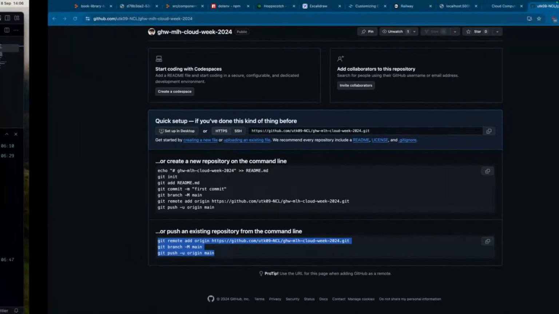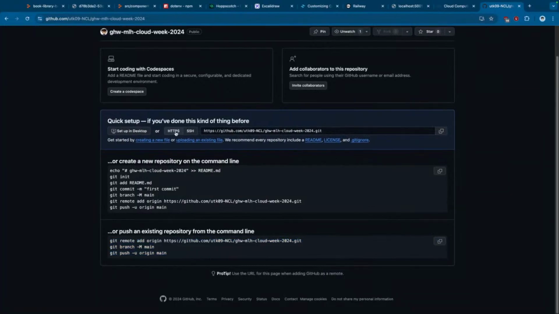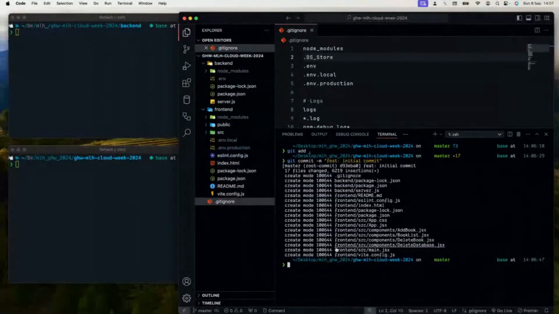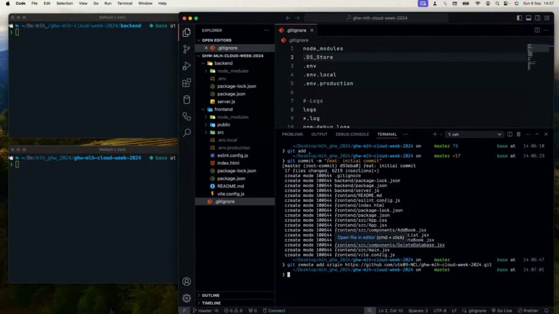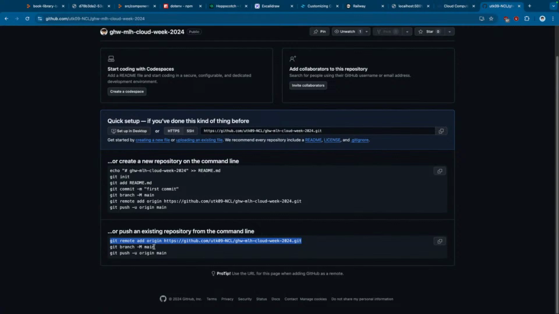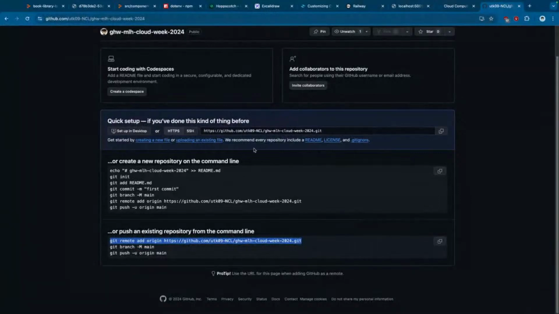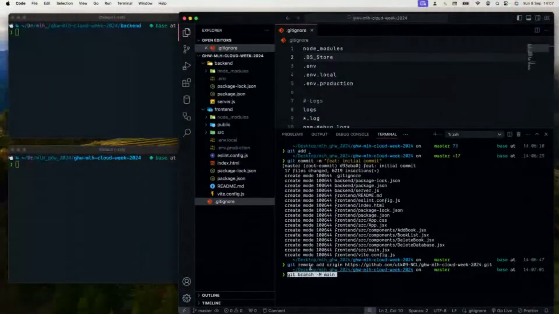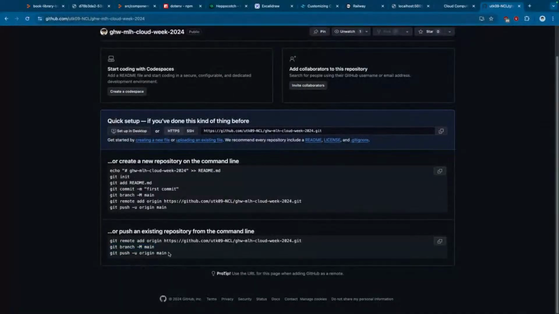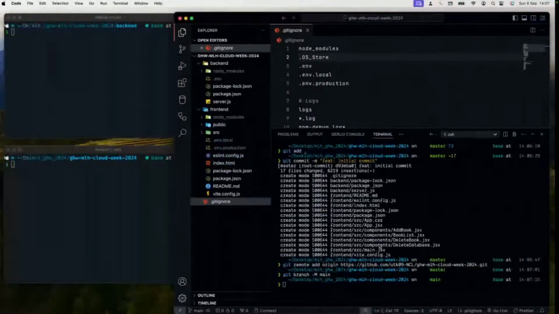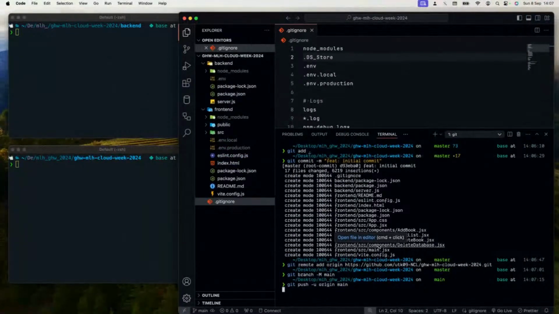Now if I go back to this, I need to do the add origin. Okay, so I'm going to copy this line, come here, paste that, and hit enter. So that should add the reference to the remote repository. Like from my local, it should push to this one. Now I can do git branch dash m main, and then git push dash u origin main. This should push it to,